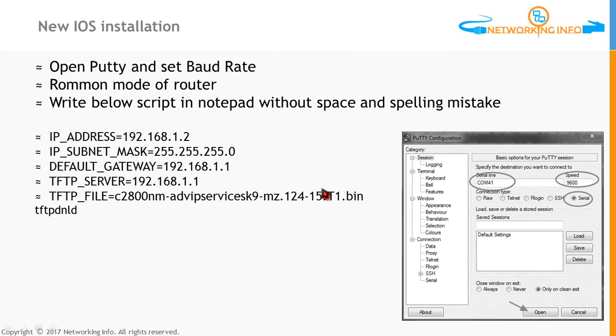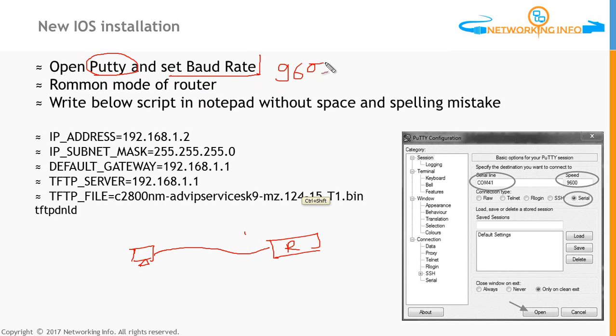Then if you are going to access the device, what you need to do is connect the PC here to the router, and open this software called PuTTY in the PC. Set the baud rate as per the standard. We have 9600 for Cisco. Set that baud rate. Here is the image you can have a look at, and the port where the device